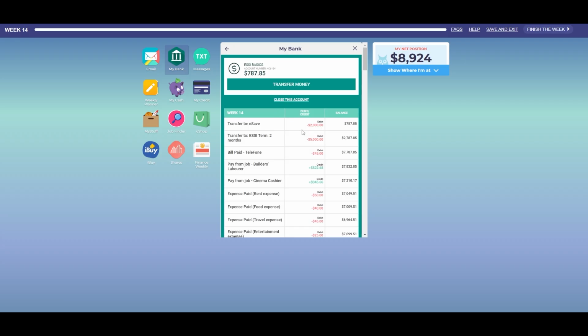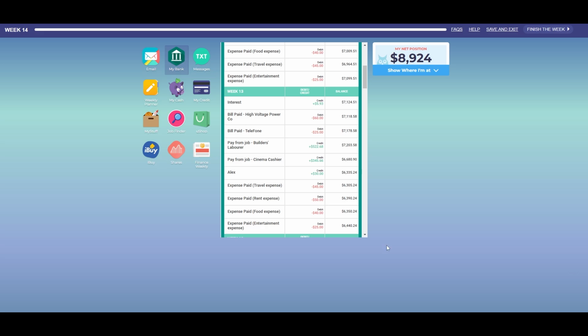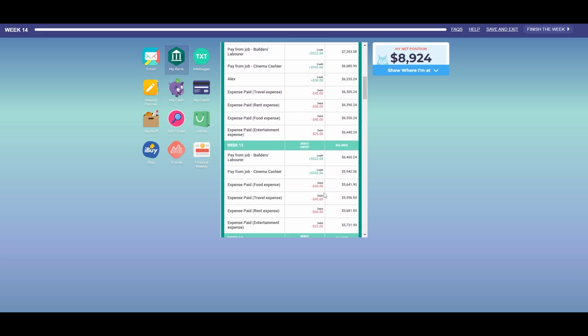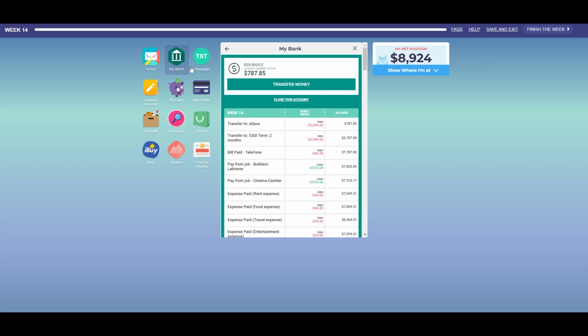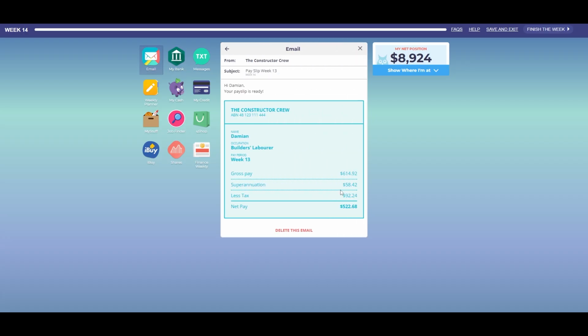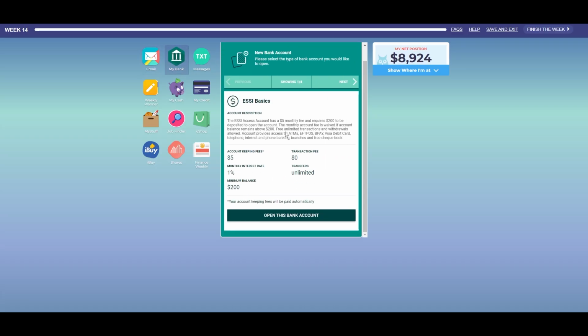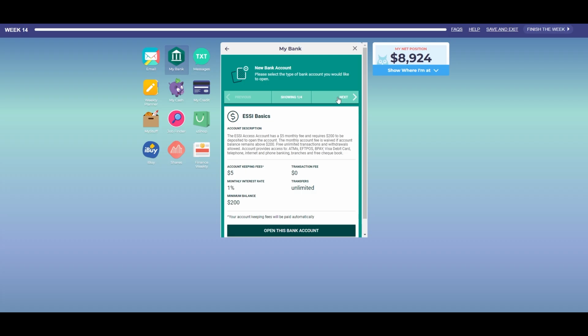While you are in the MyBank app, you can also check your transactions for each of your accounts. Just like in the real world, it's always a good idea to make sure that you have been paid correctly and check your payslip, available in the email app, to confirm that the required amount has been deposited into your transaction and superannuation accounts. When opening accounts, you will notice that some accounts have a variety of options, including fees, charges, interest rates, and bonus interest conditions. Read these carefully to maximise the benefit to your net position of any account you choose.